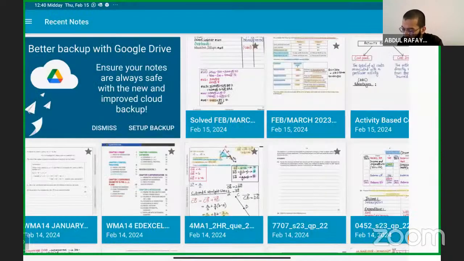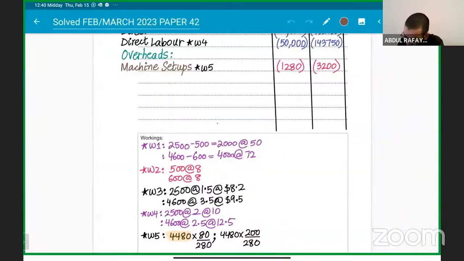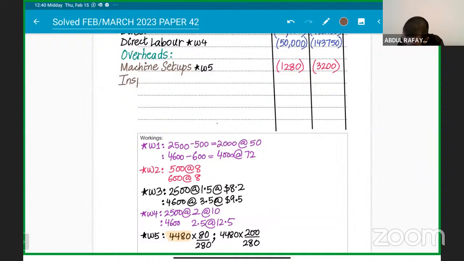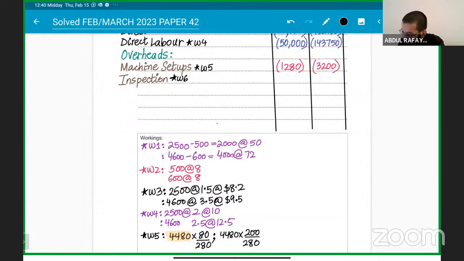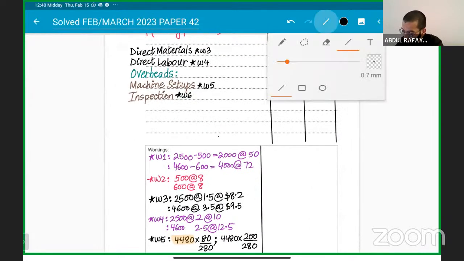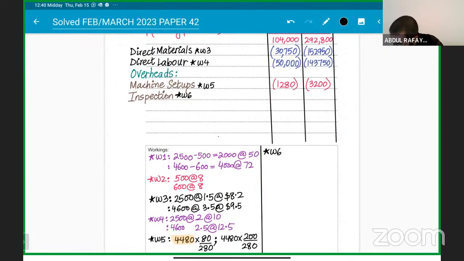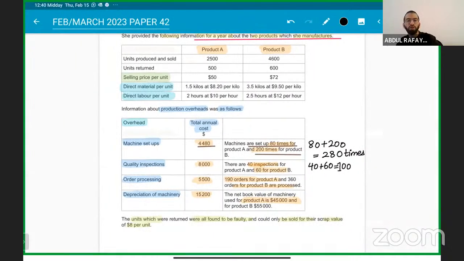After the machine setup overhead cost, we have quality inspections. So I can write down the word inspection cost. Okay, so we have inspection cost now. Are you guys following with me? Clear? And for inspection cost, let's say that this is working number 6. Okay, getting it, guys? Clear? And you can make a line as well in your workings column and try to show all the workings together to the examiner. Okay, so it will be the same thing: what is the inspection cost and how many inspections. So the total overhead cost for inspection is, sir, $8,000, and there are 40 inspections for product A and 60